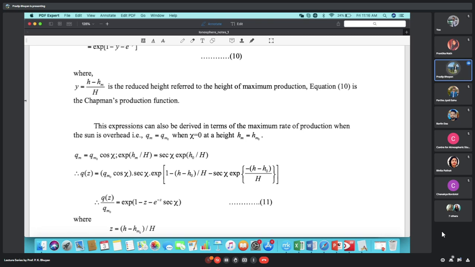Okay, so if I consider the sun to be overhead, that means at 12 o'clock, your Qm is equal to Qm naught. That 0 means 0 zenith angle. When chi is equal to 0, at a height, Hm is equal to Hm naught. At this point of time, the height of maximum production is the height of maximum production when the sun is at the zenith. So again, rearranging the equations, Qm by Qm naught is cos of chi, exponential Hm by H, secant chi, exponential H naught by H. So instead of Qm, we now write Qz, or Qz, you can say. Some people say Z, we normally say Z. So Qz is equal to Qm naught, secant chi